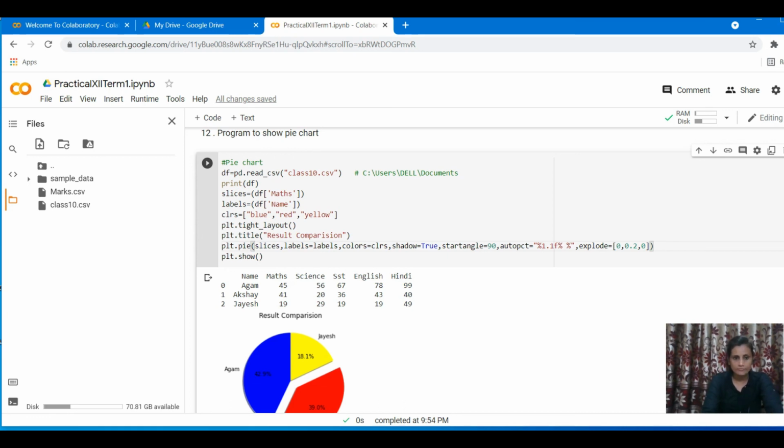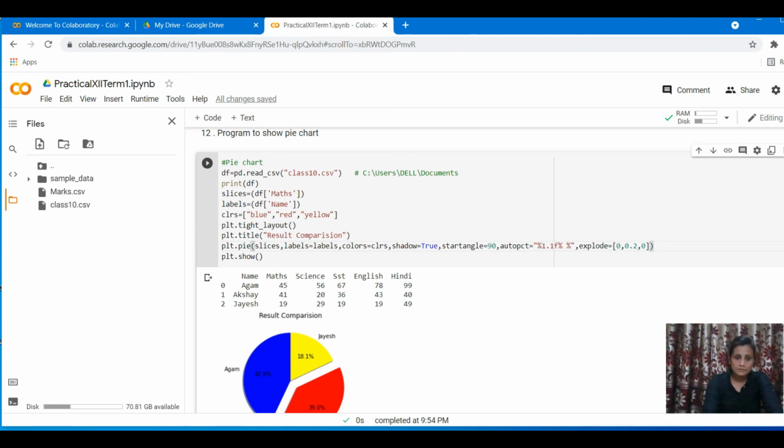Then a list of colors we provided, then a title, and this is the most important one, plt.pie, and in there you can provide these arguments: slices, labels, colors, shadow, start angle, auto PCT, explode. These are all comma separated. When you provide all these details, you will get the graph.